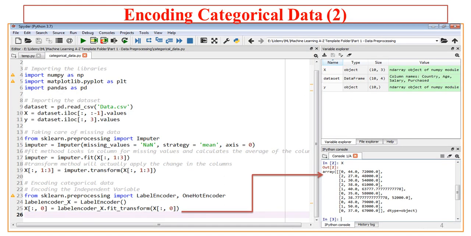Before getting into further details of the encoding of categorical data, we'll try to understand the execution of the code which does encoding. Whatever discussion we had in the earlier slide, we'll try to understand by looking at the execution of the code in the Spyder environment.